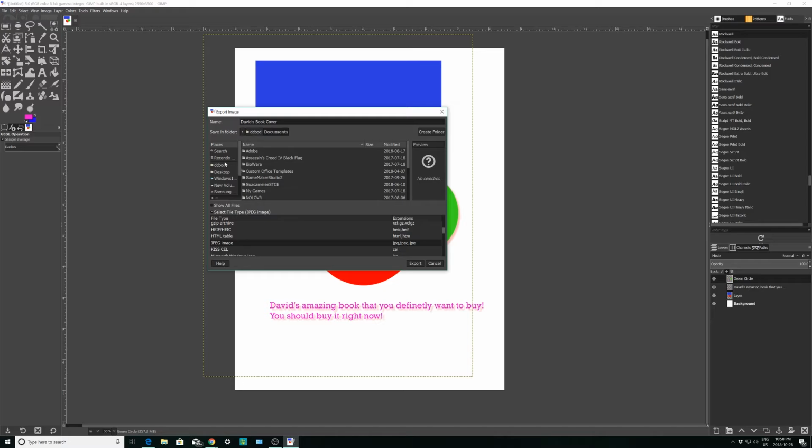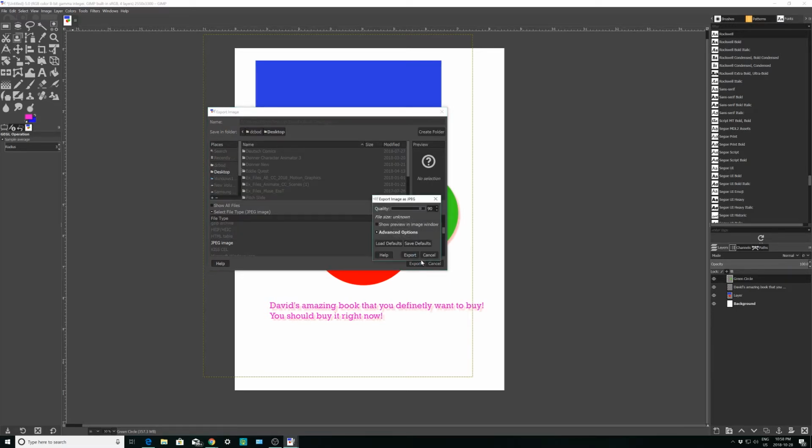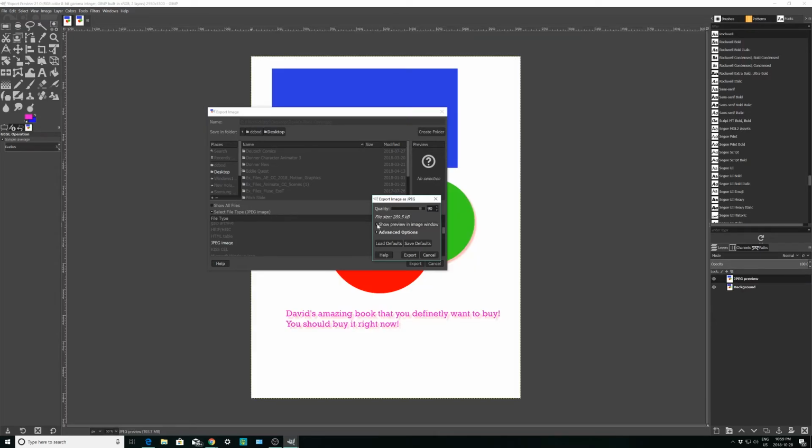Okay, I've selected a JPEG file. You can pick where you want it to go, so I'll put it on my desktop there. Export, and then it will bring up this other menu asking you what quality you want it to be. Sometimes you just want to do a quick pass through. You could show the preview of what you want it to look like. 100's great, but sometimes that's too big depending on how many things you have going on in there. So I'd say like 90 would probably be good, so maybe I'll reset it to 90, and then